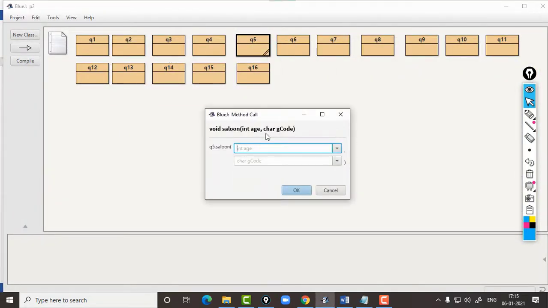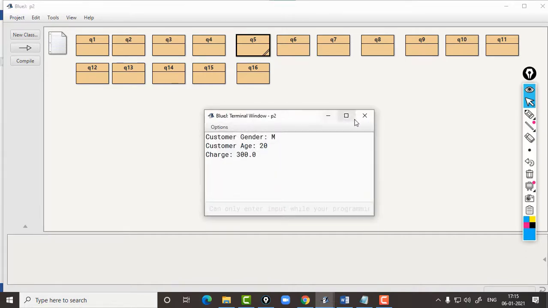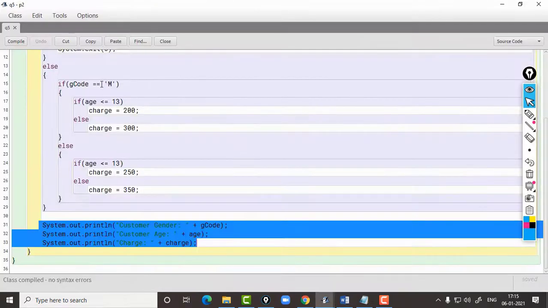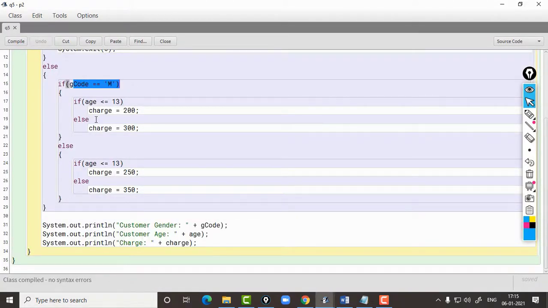So let's enter the age as 20 and the gender code as M. You can see the charge is 300 because gender is male, age is 20.